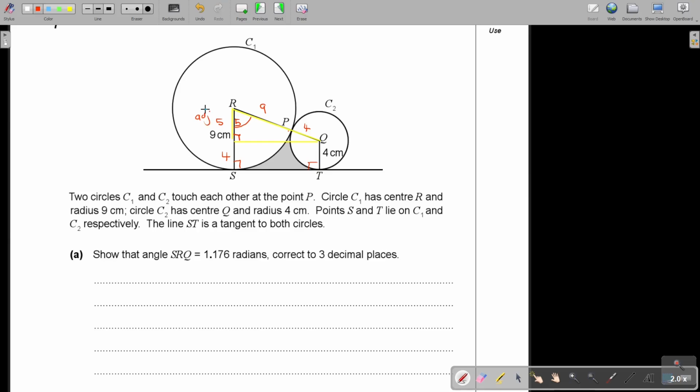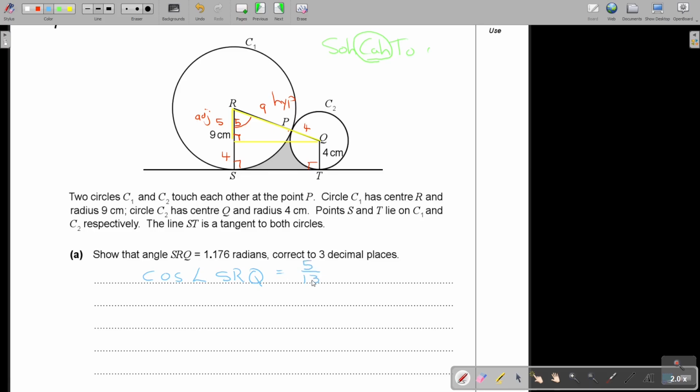This is the opposite, and this is the hypotenuse. So if I think of adjacent over hypotenuse, I'm going to use cos. So I'm just going to use basic trigonometry. I'm going to say cos of angle SRQ, and that's adjacent over hypotenuse, so it's